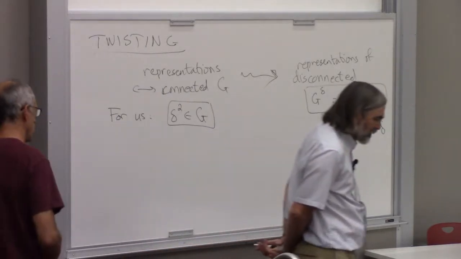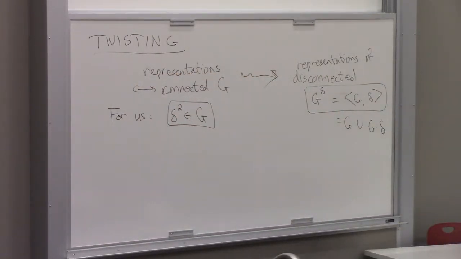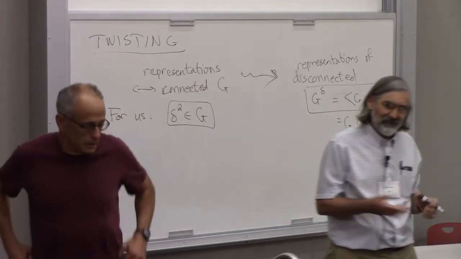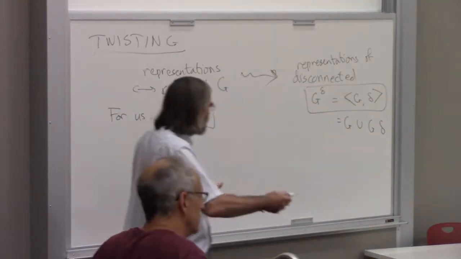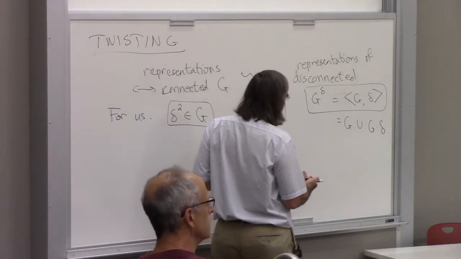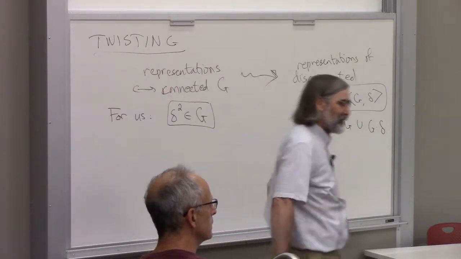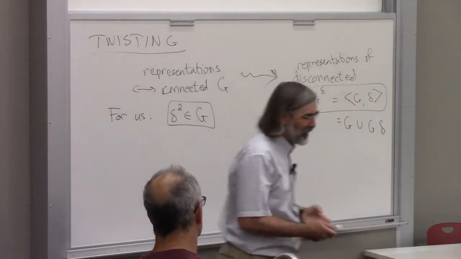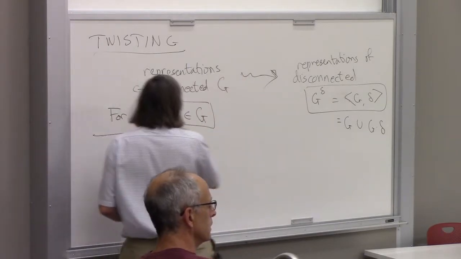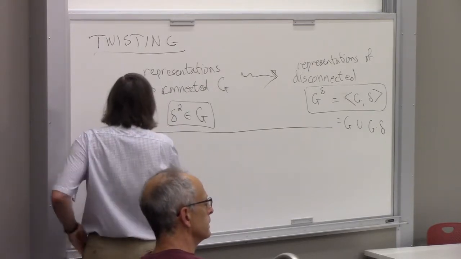it's a perfectly natural thing to think about representations of disconnected groups, and that's something that might be a good direction for Atlas to expand. But what's going on here is we're taking the point of view that all we care about is the representations related to a connected group, and nevertheless we're forced into questions about this disconnected group. So let me begin. Well, no, let me first say